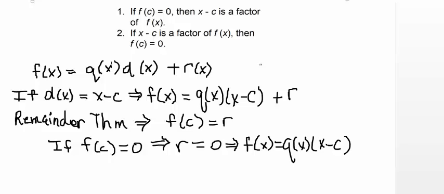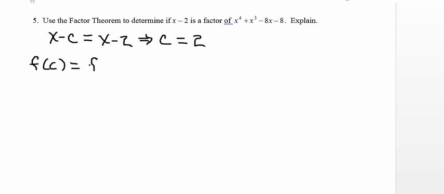So obviously x minus c is a factor of f of x, because we're multiplying x minus c by q of x to get f of x. To be a factor means you can be multiplied by something to give f of x. So let's use the factor theorem to determine if x minus 2 is a factor of this polynomial. So x minus c is x minus 2, so c is 2. So f of c is f of 2,